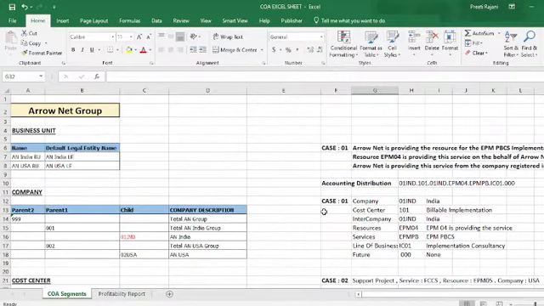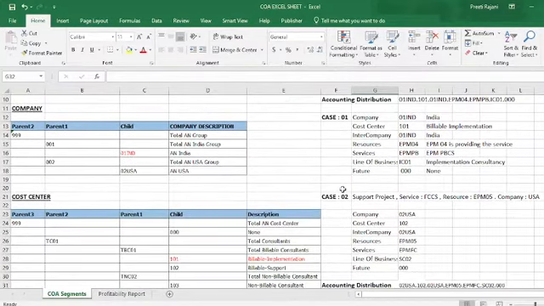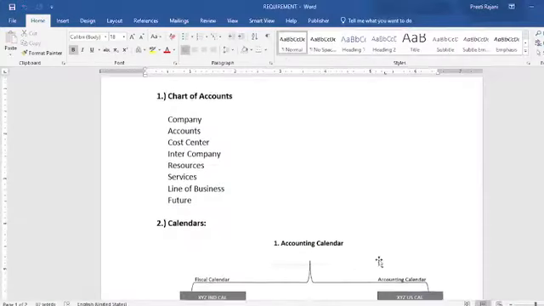So now we will move to our next task, that is we have to create the calendars. Let's move back to our requirement.